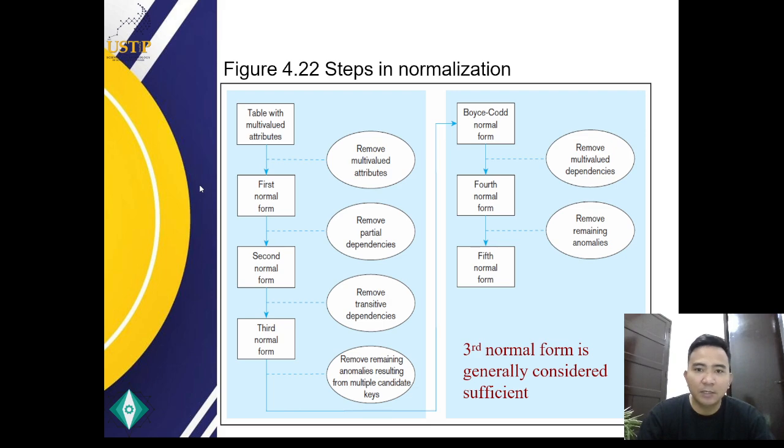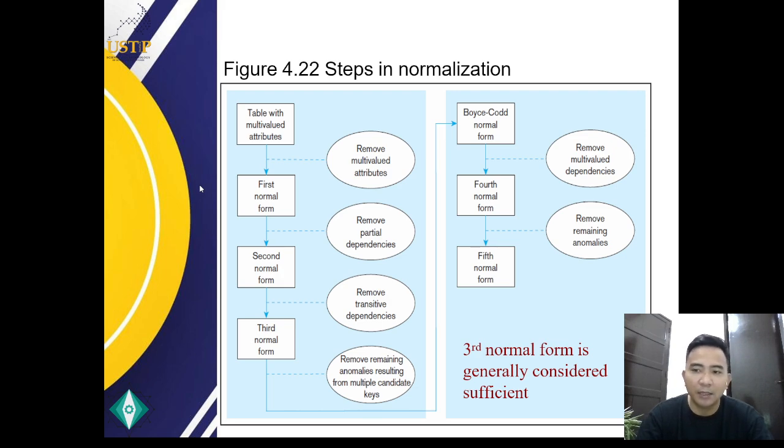So, the steps in normalization. The first one is the first normal form: you remove multi-valued attributes. You ensure that each cell in the table contains a single value and there are no attributes that can have multiple values for a single row. In the second normal form, remove partial dependencies.